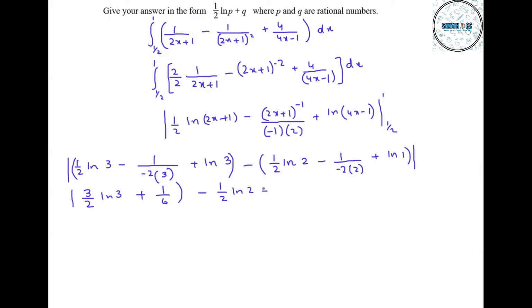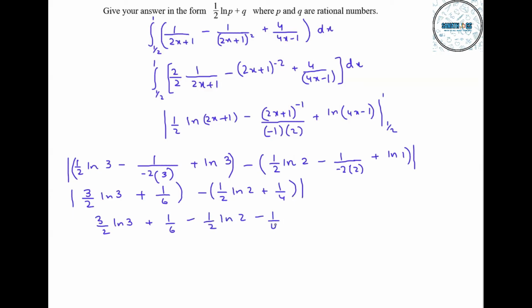This will be plus 1 upon 4, and ln 1 is 0. So this is to be as it is. Now we have here 3 upon 2 ln 3 plus 1 upon 6 minus 1 upon 2 ln 2 minus